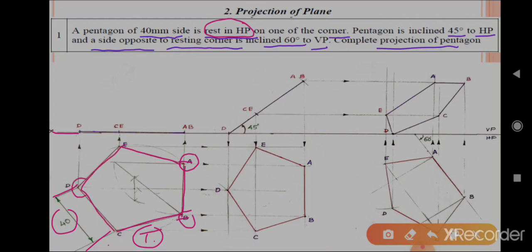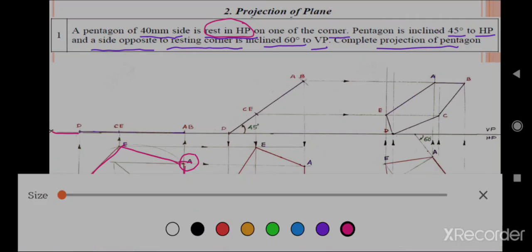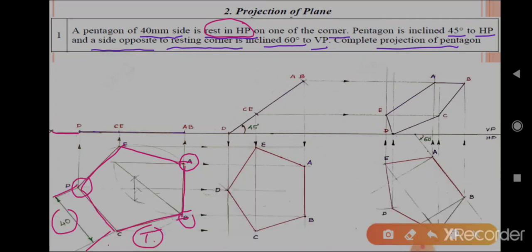We get the point D separate, that is a corner. Then draw the vertical projection lines. By using vertical projection lines, the points A and B at the end, C at the middle and D at the end, that is the separate corner, we get. That is the point D, resting on the horizontal plane, but it makes an angle 45 degree to HP.